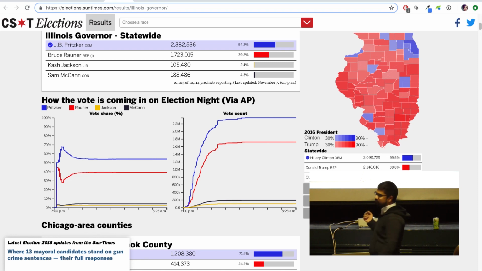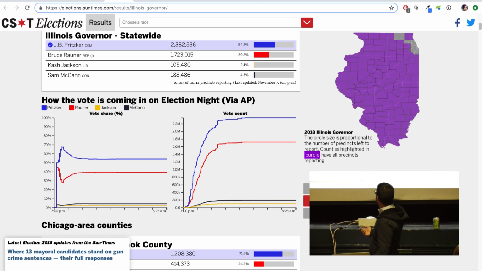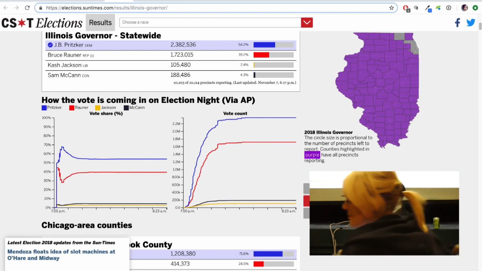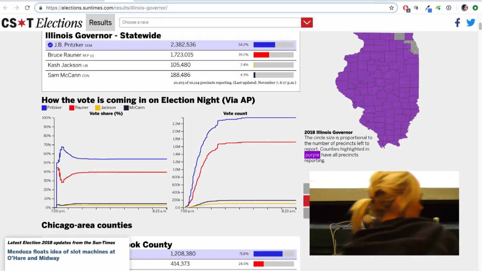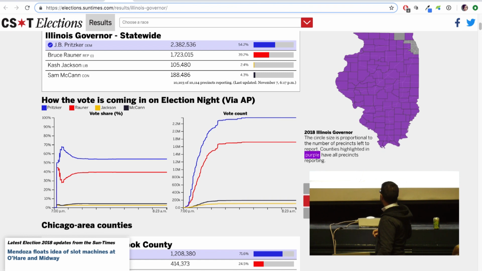But I'm often thinking, where are the votes coming from still? So I also created this tab right here. On election night, it was a little different, obviously, but they turn purple when there's no more votes coming in from any county. There's a couple counties actually still left. I will update it on November 20th when the final vote count comes in.